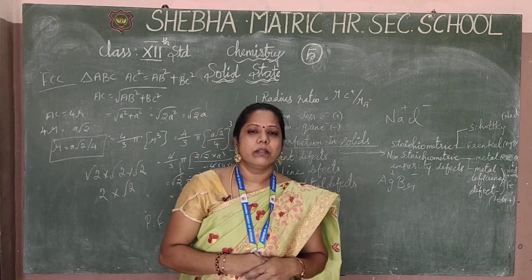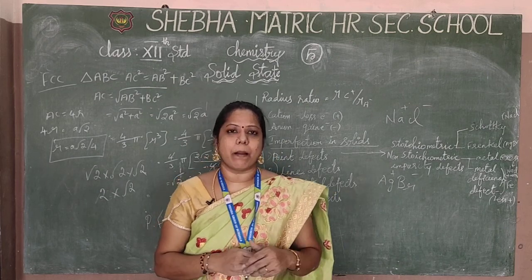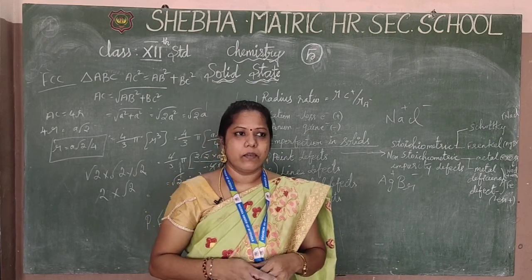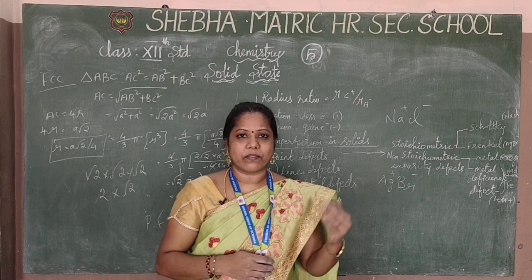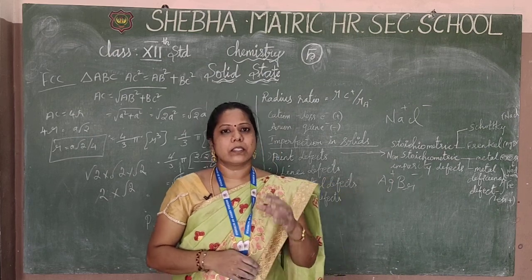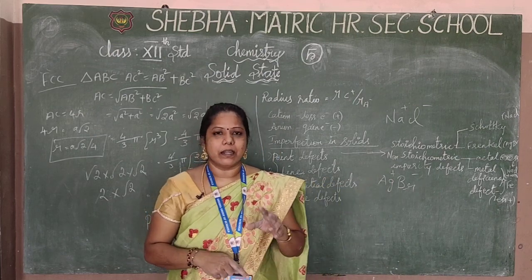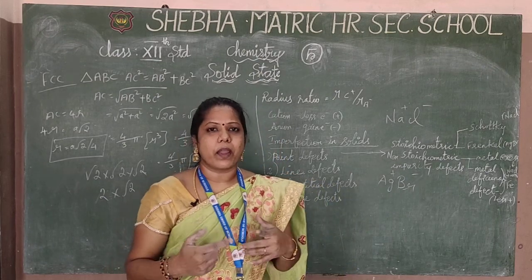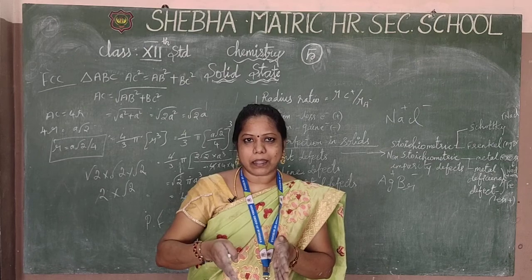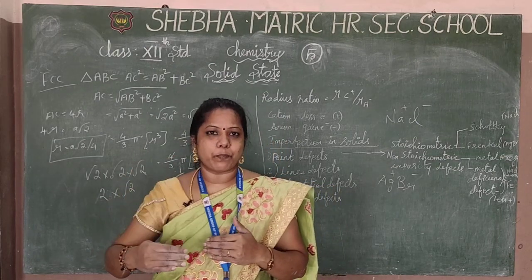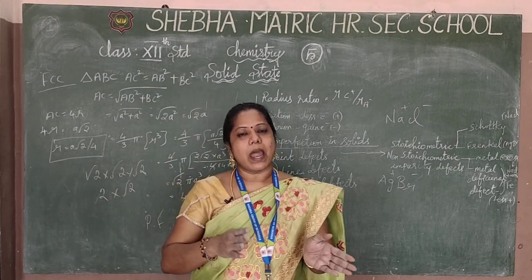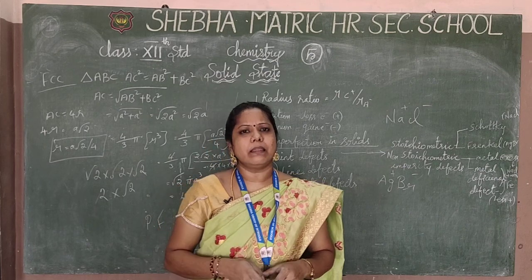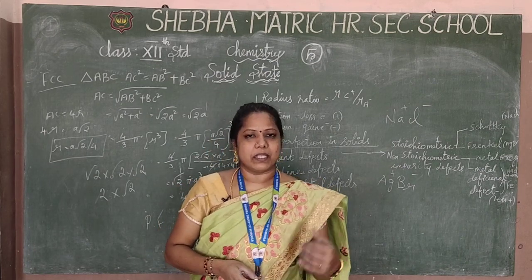Okay, so dear students, we have to complete this solid lesson here. We have to revise the lesson from the beginning. So solid state, how many types? That is two types, crystalline and amorphous solids. And then we have to find out the unit cell, lattice, the arrangement of packing of these crystals, and what the defects are. So many things we have to learn from this solid state lesson.